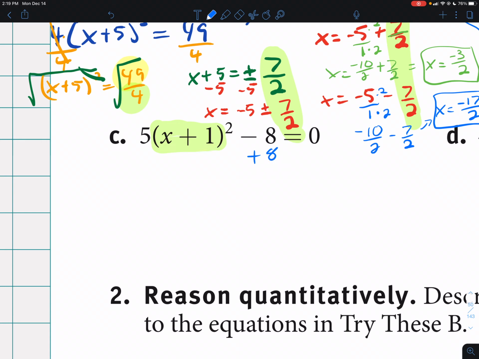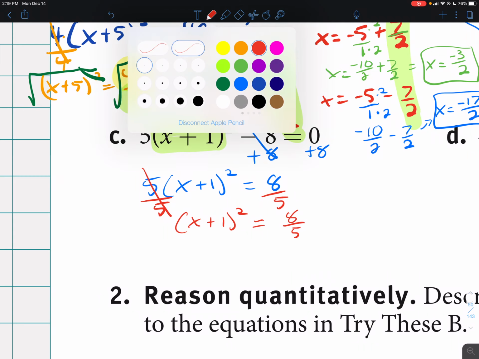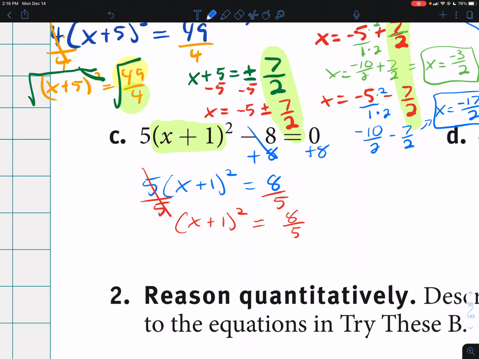So we're going to add 8 to both sides, and we'll get 5 times x plus 1 squared equals 8. Then we need to cancel out the 5 by dividing it. Do not distribute it. And I get x plus 1 squared equals 8 over 5. Those do not divide evenly, so we just leave it as 8 over 5. I take the square root to cancel out our square, and that leaves us with x plus